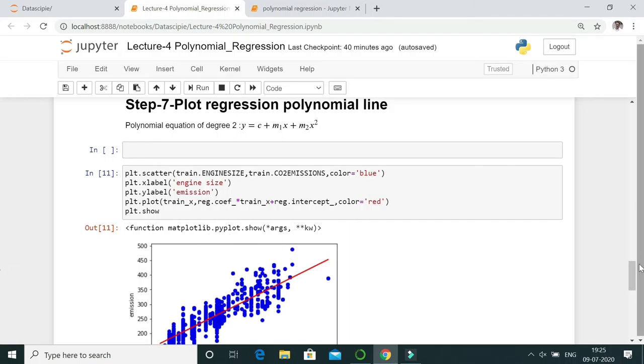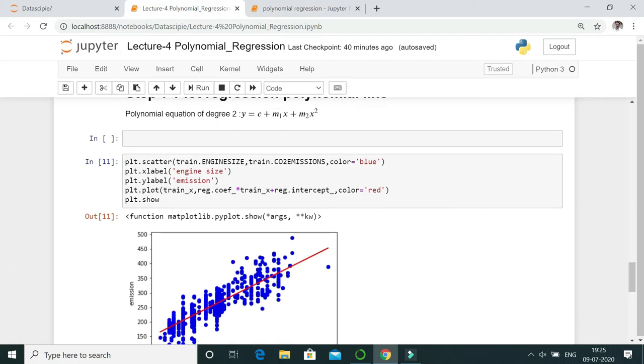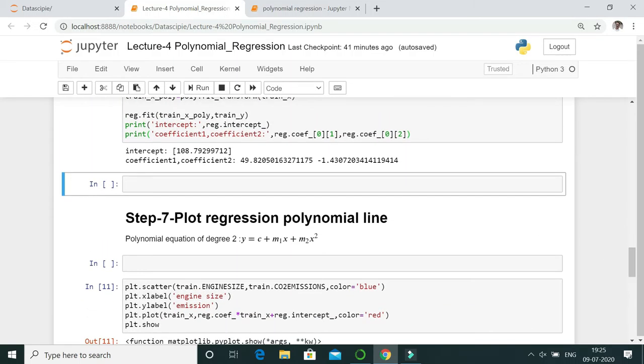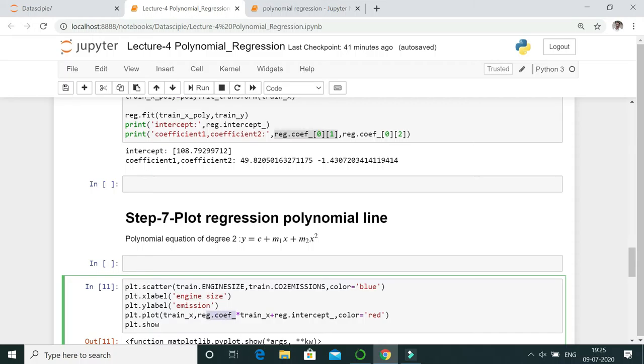Next, we would visualize our line y is equal to c plus m1x plus m2x square on the scatter plot. Earlier we had the equation y is equal to mx plus c, so replace it with our new equation. The regression coefficient is replaced with coefficient 1, that is m1, so copy it, paste it over here. Then what is x? x is train_x.